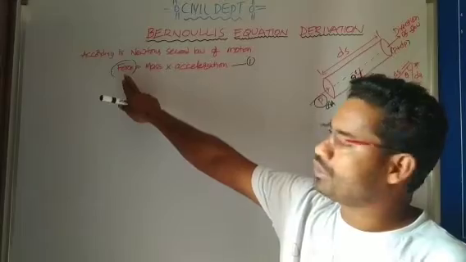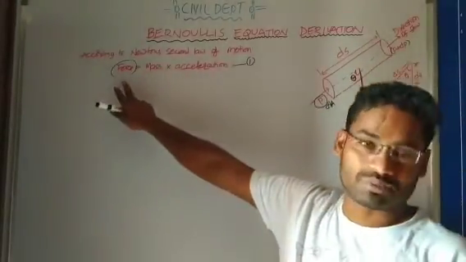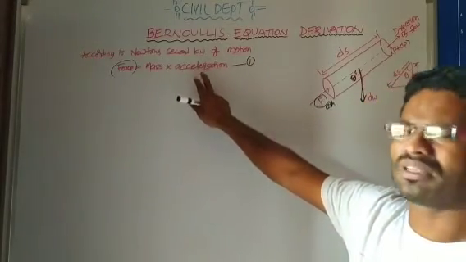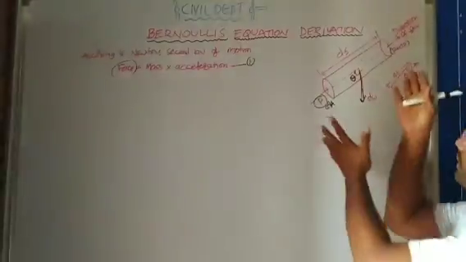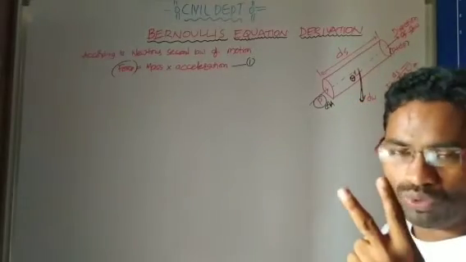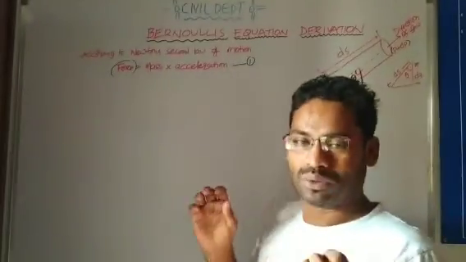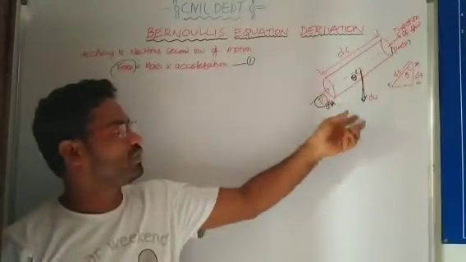So here we have to see what forces will be there while deriving the equation. That we have to substitute here. And what is the mass, that we have to substitute here. And what is the acceleration, that we have to substitute here. What is force? While deriving the Bernoulli's equation, there must be two forces. First one is the pressure force. Second one is the weight of the fluid, so there must be a force. So these are the only two forces.